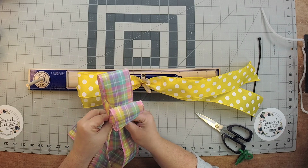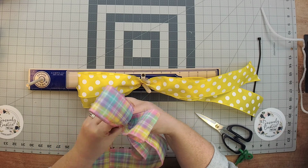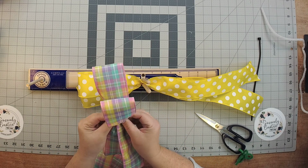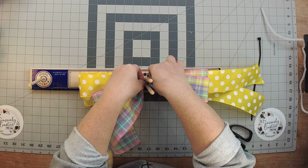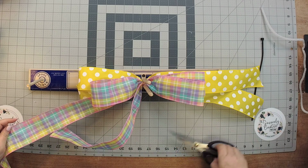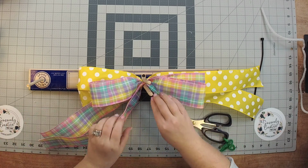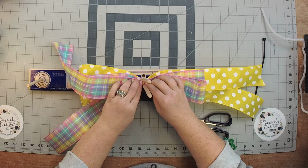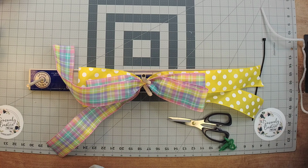Now your ribbons, again, coordinating, matching. I start with 3 2.5-inch, and then I go to 3 1.5-inch. And you could even go super duper extra cute and add a nice fun smaller ribbon to the very top. Okay, we're going each side. All right, the next one is going to be